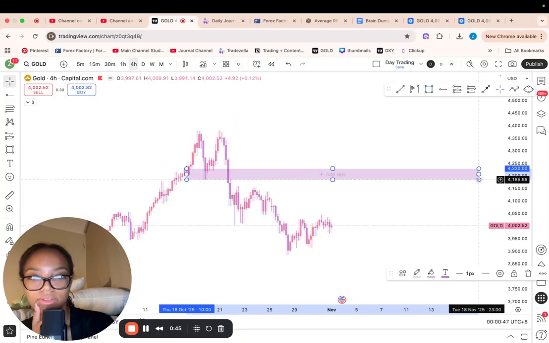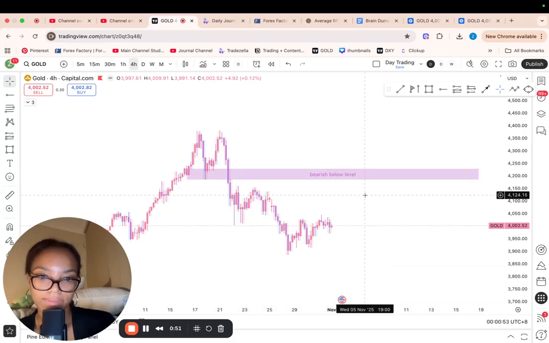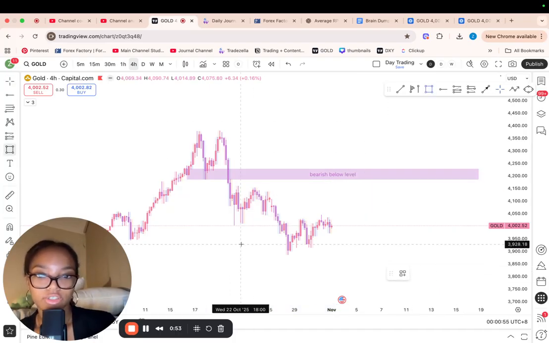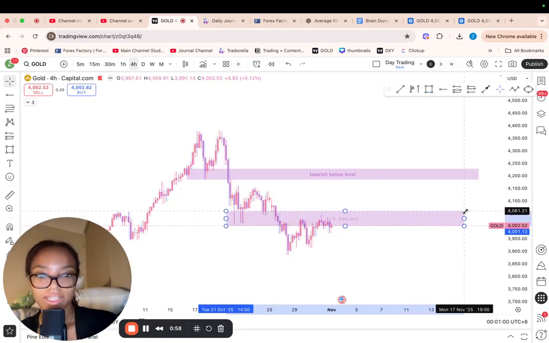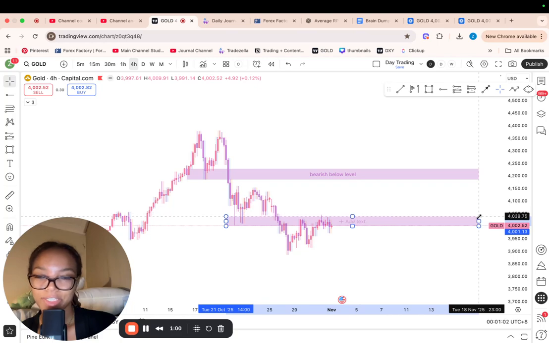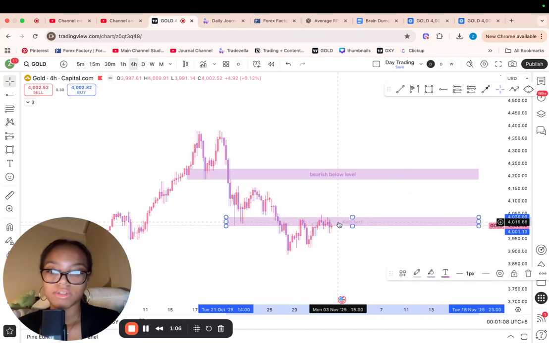But we've got this bearish below level. If you don't know, I trade ICC from Trades by Side, so that's where I learnt this strategy from, and that's the terminology I'm going to be using throughout this full analysis. But we've got another bearish below level,